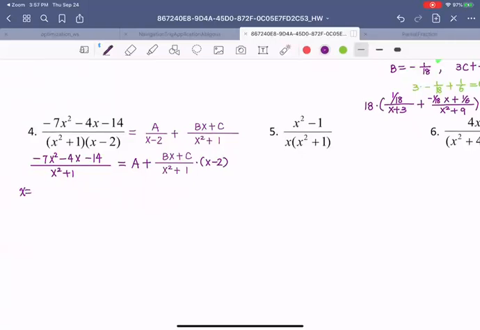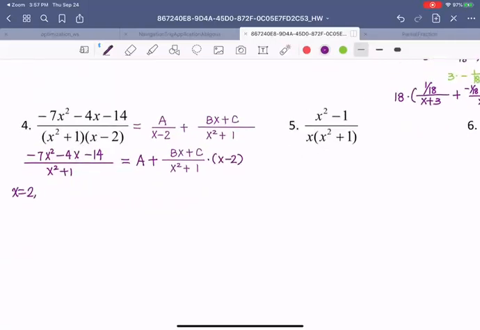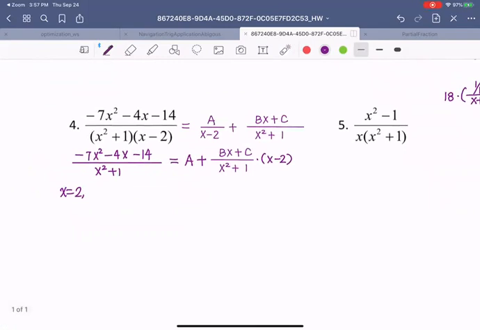And if x equals 2, now the left side is -7 times 4 minus 8 minus 14 over 5 equals a, correct? X minus 2 is 0, so this is a. So a is going to equal